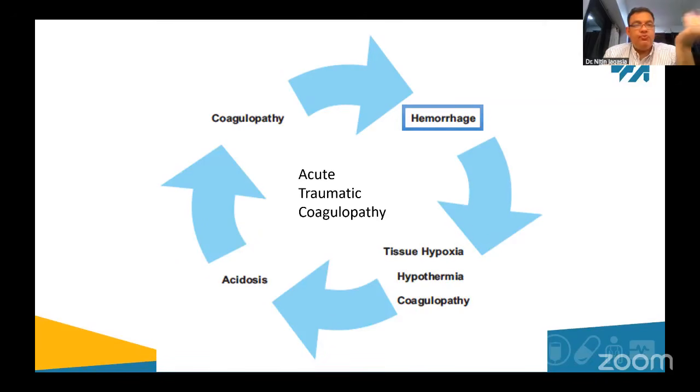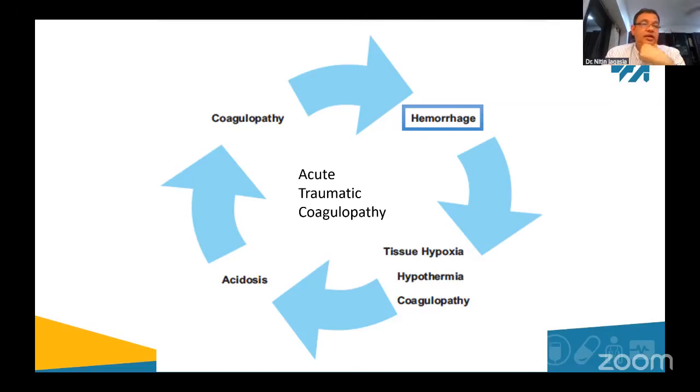Hypothermia, how do you stop? Obviously, you warm the patient up or don't let them get cold. Don't give them cold stuff. Small caveat, we've got balanced fluids in our department. Most of our departments are temperature controlled and they are around 24 degrees. Body temperature is 36. So you're actually giving cold fluid to the patient. Blood, as you know, comes from the fridge, even lower. So we need to find ways where we are not cooling them further.